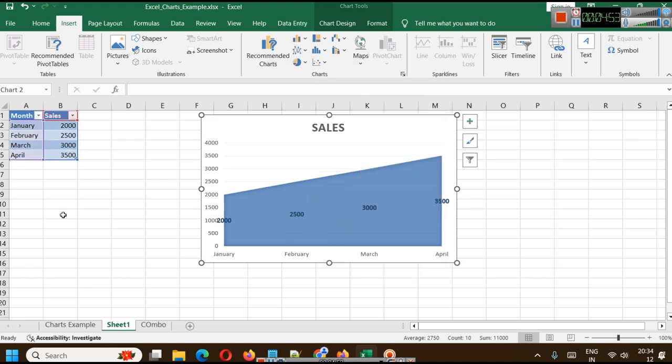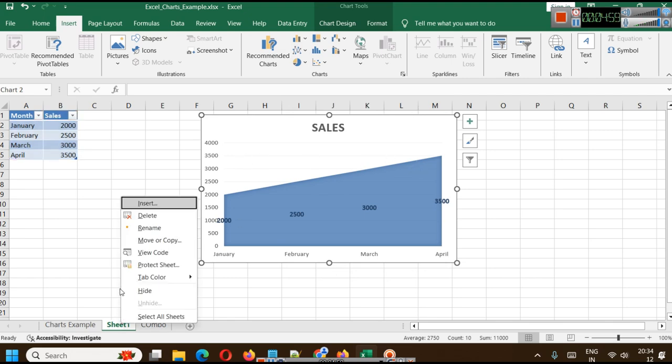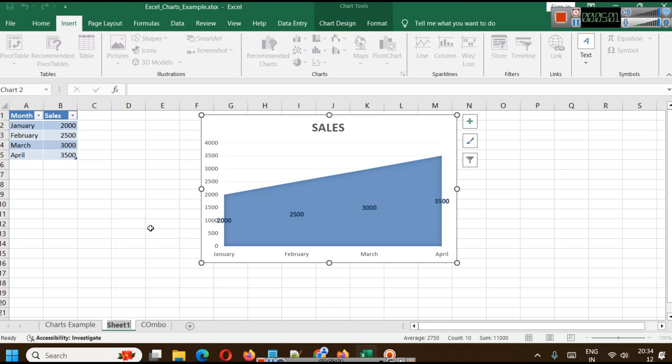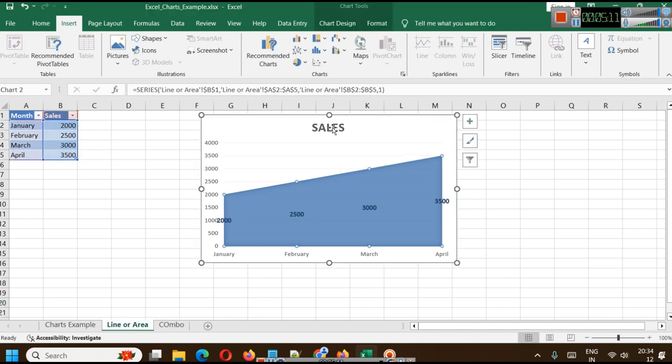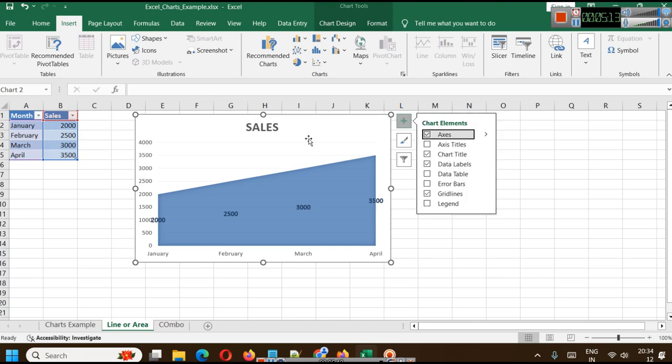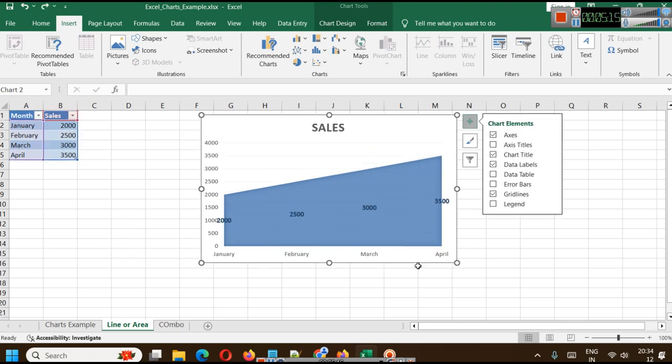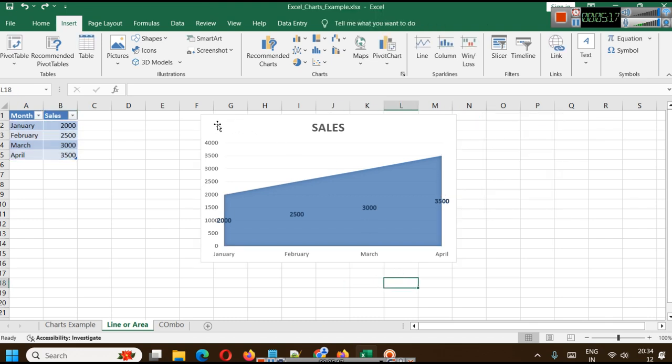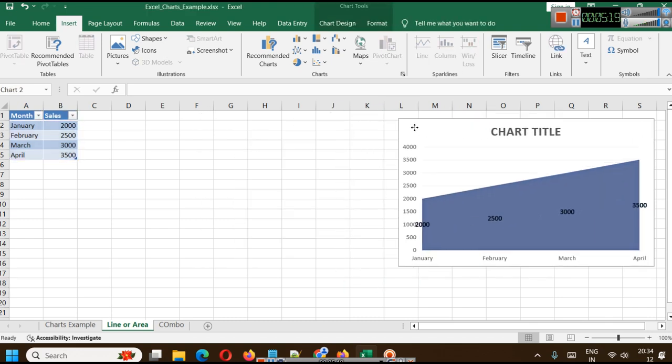Okay, so here also in both cases order is important, that's why we have selected this. So this simple data is our line or area chart. What you can do is you can simply copy this and paste this. Okay, so we can simply copy and paste the chart,